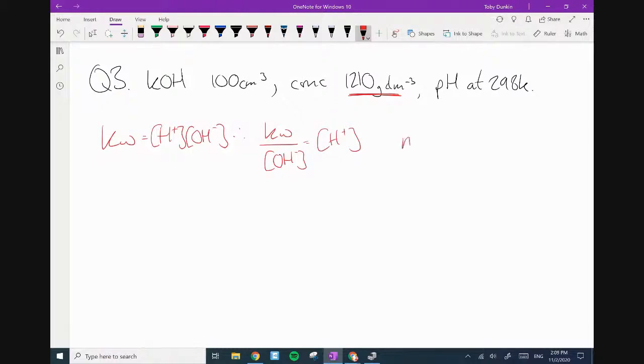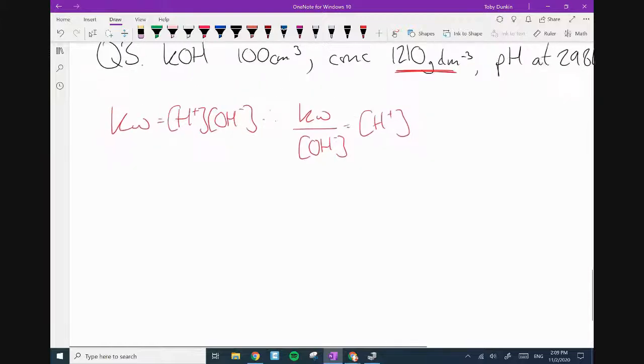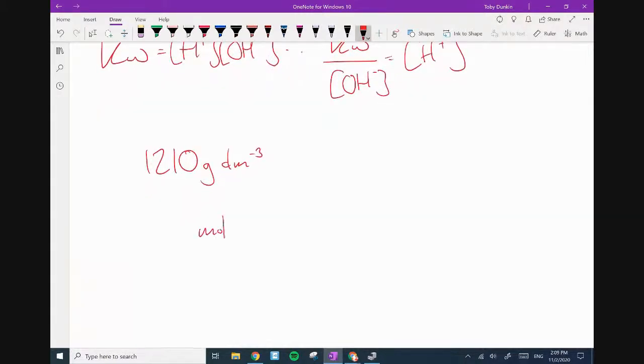Right. So number of moles equals gram. And I need to explain each of these stages very clearly. I've got 1,210 grams per liter. Right, what I need is moles per liter. Notice that the liter doesn't change. I need to get from grams to moles. Number of moles is grams over Mr. Right, number of moles is equal to